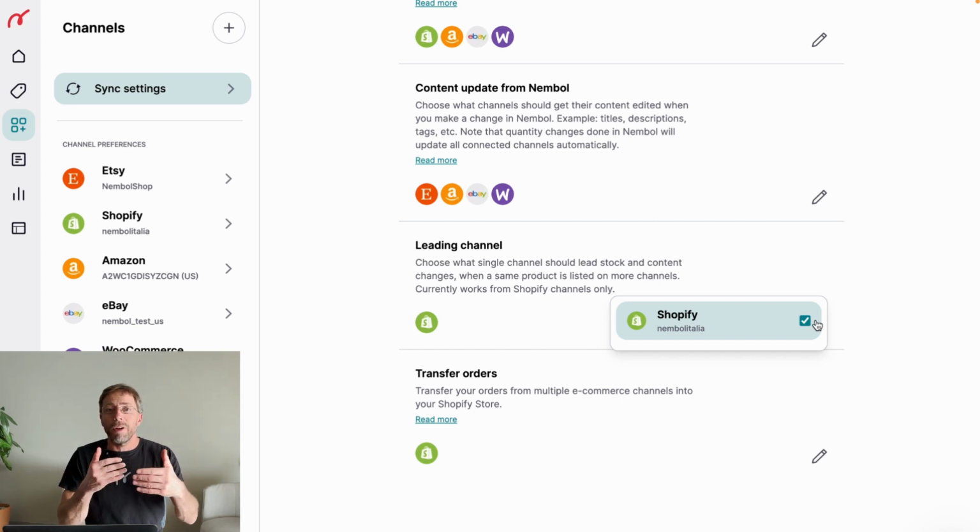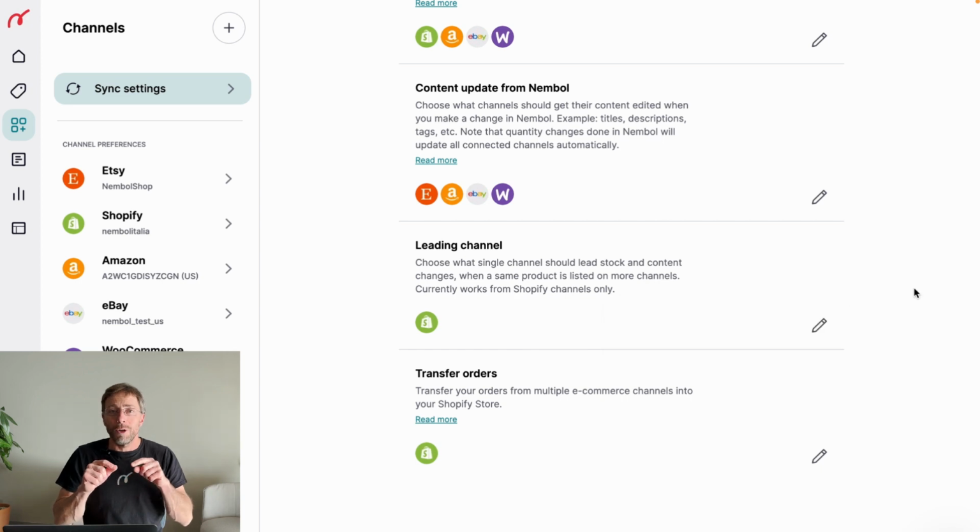Nemble and Shopify have a special relationship, so that Nemble does actually receive edits that you, your team members, or any automated software make to your listings in Shopify. We receive them, and in case the content update from Nemble is turned on, we will syndicate those changes into other channels. You can choose which of your up to 10 Shopify stores is your leading Shopify channel.